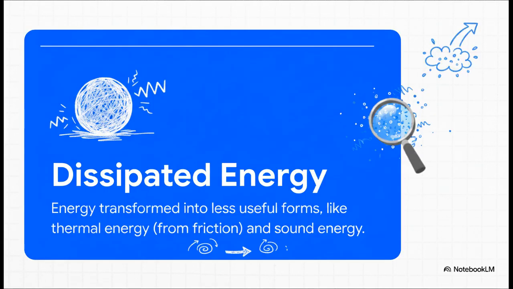The answer lies in this idea of dissipated energy. See, every single time that ball hits the ground, the impact actually squishes the ball a tiny bit, which creates a little bit of heat. Plus, there's air friction and floor friction, and hey, you can hear the bounce, can't you? That thump? That sound is also a form of energy. So the energy isn't lost, it's just transformed, or dissipated, into these less useful, more spread out forms.